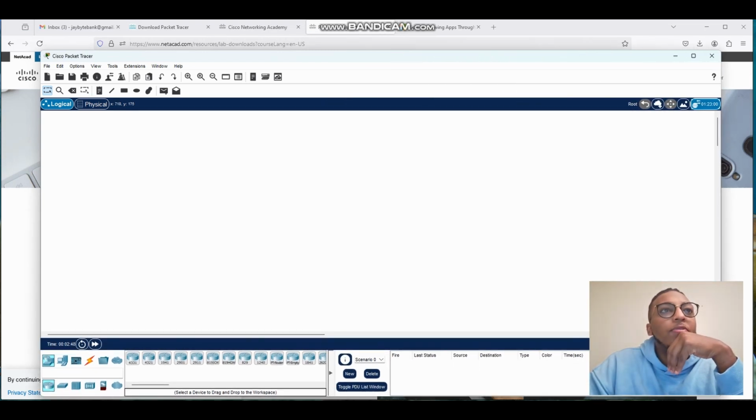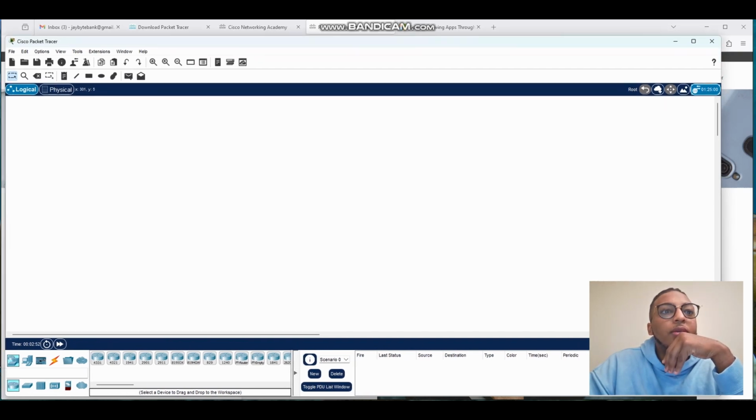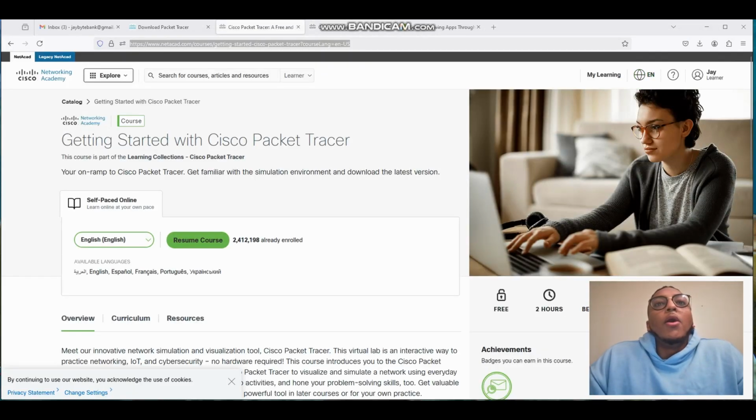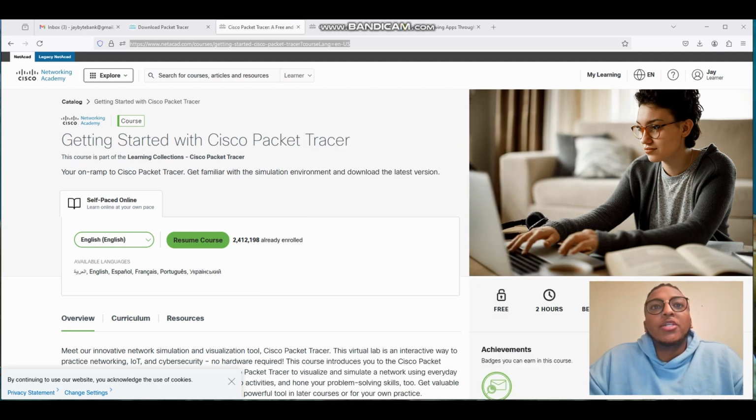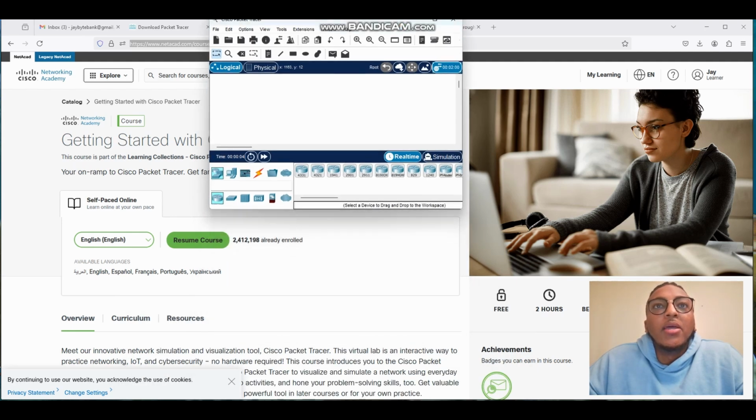All right, so we have Packet Tracer downloaded. It took all of 9 minutes. Hopefully you guys were able to follow along and do that. Okay, so we are back live in action. We got Packet Tracer downloaded and installed on our system. Now, the only thing left that I want to show is running that Packet Tracer application and how to build a small little network